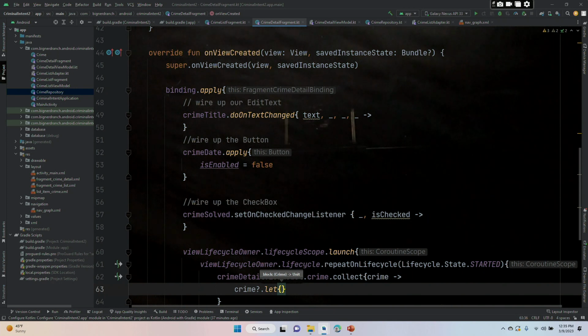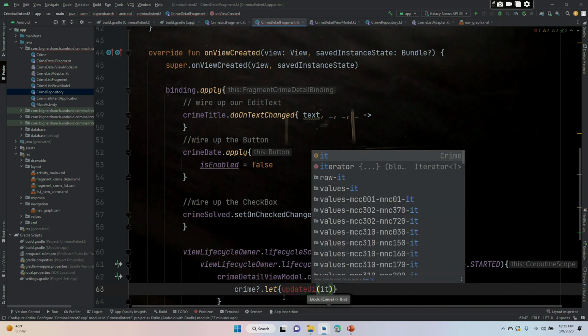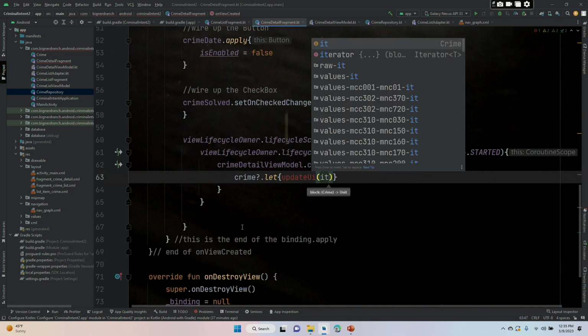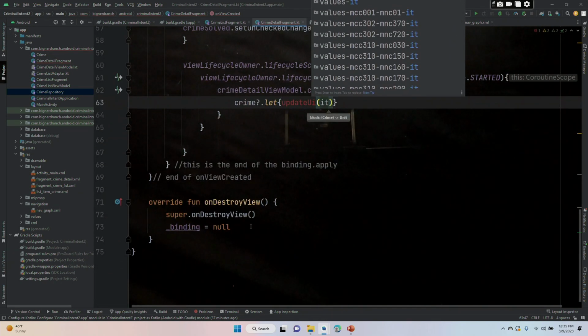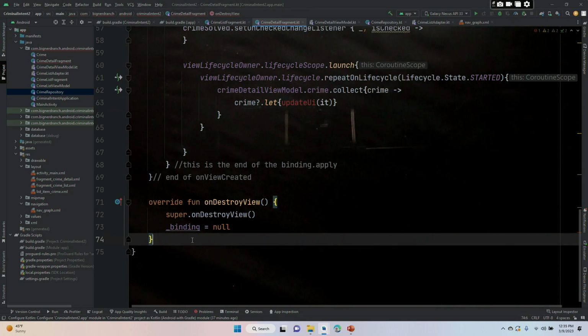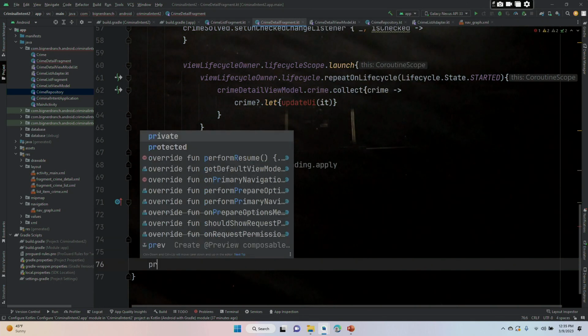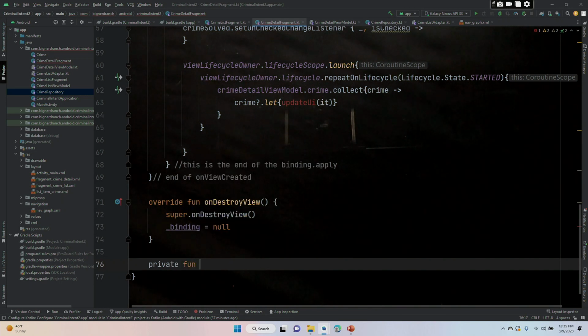We're just going to separate this so that it's a little bit more readable. We haven't created this function yet. We're going to say updateUI. That's going to be the name of our function, and inside the parameters, it. All right, somewhere around here, we are going to create our updateUI function, private fun updateUI,